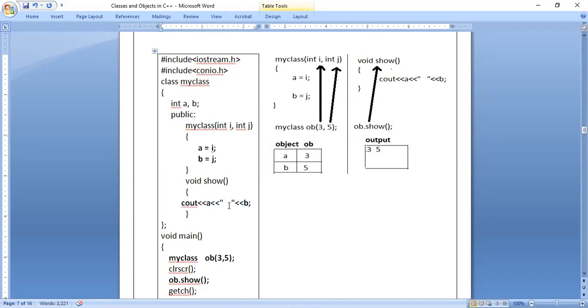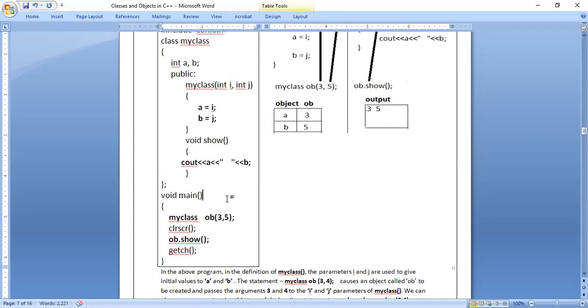Next, coming to the main function. In the main function, I have written MyClass, that is the class name, ob, that is the object name. For the object, I have written opening and closing parentheses, and in the brackets I have written 3, 5.